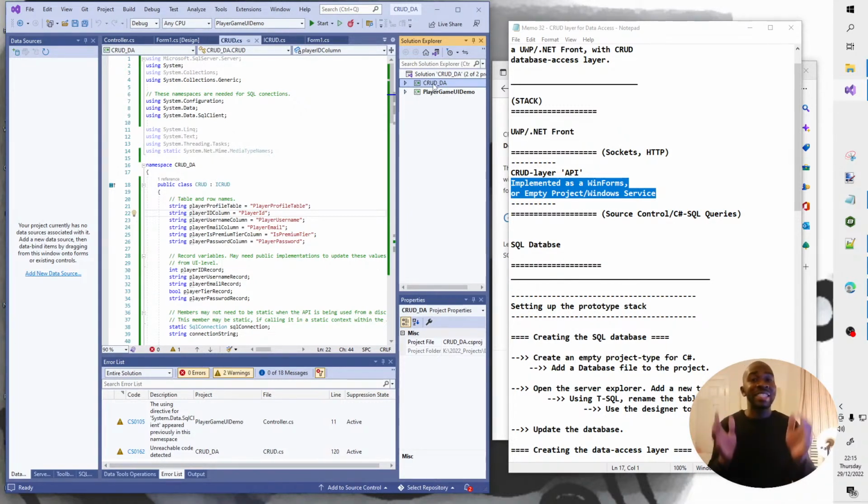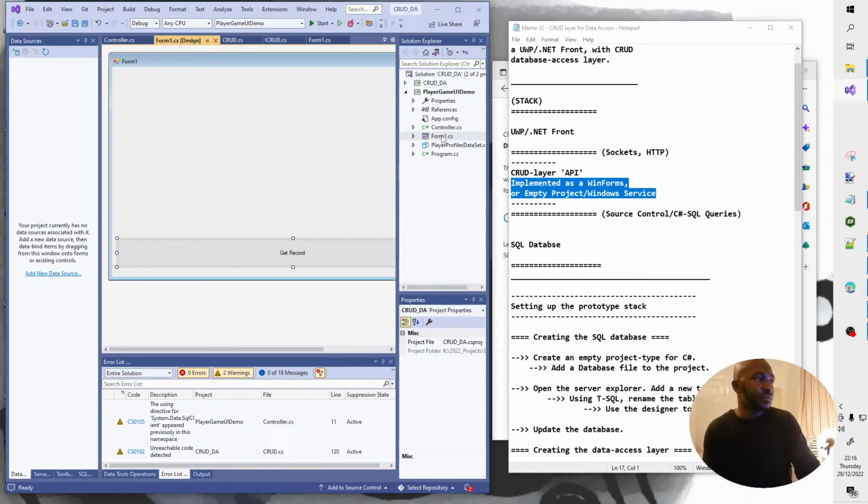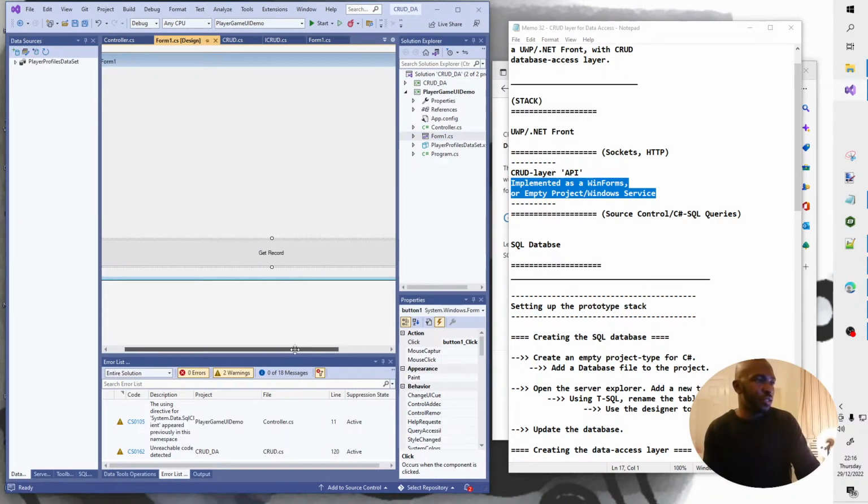Again, this is a very simplistic example. We have two projects in one solution. It's a very simple example, saves time, but I just hope to convey the information across, if that makes sense. Do excuse me. Player game UI demo, which is not really a game of any capacity. It's just an empty form. In fact, I can just show it to you quickly. Empty form, get record, boom. You get a message box that shows you the record. If I quickly go to the code,